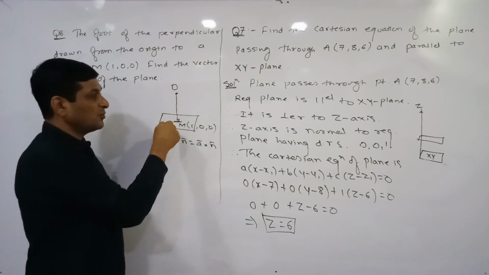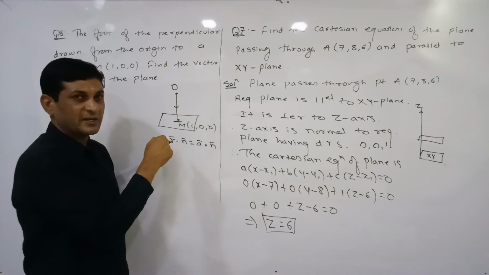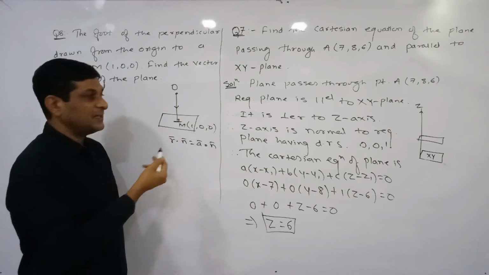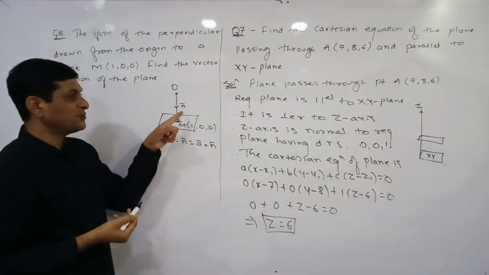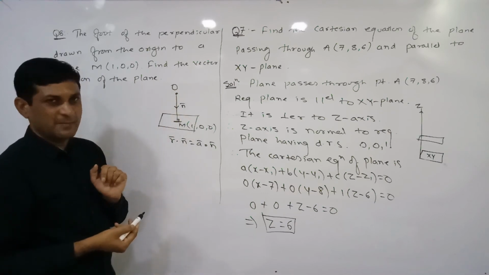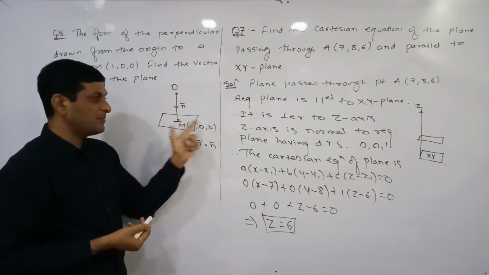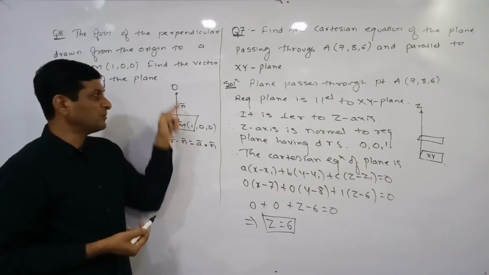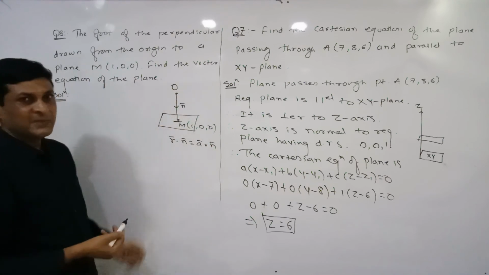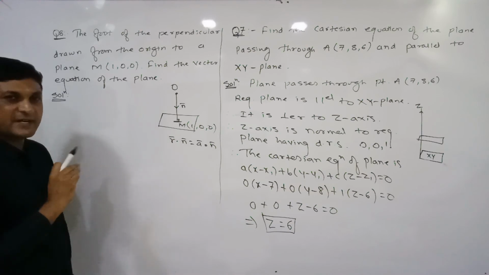Here can I say that OM is perpendicular to this plane, so OM is nothing but the normal to the plane, and the vector along this normal, let us denote it by n bar. In short, n bar is nothing but OM bar. To apply this formula we will require a bar, which can be found from the coordinates of this point, and n bar is nothing but OM bar. Once these two values are known to us, this formula is applicable to find the required